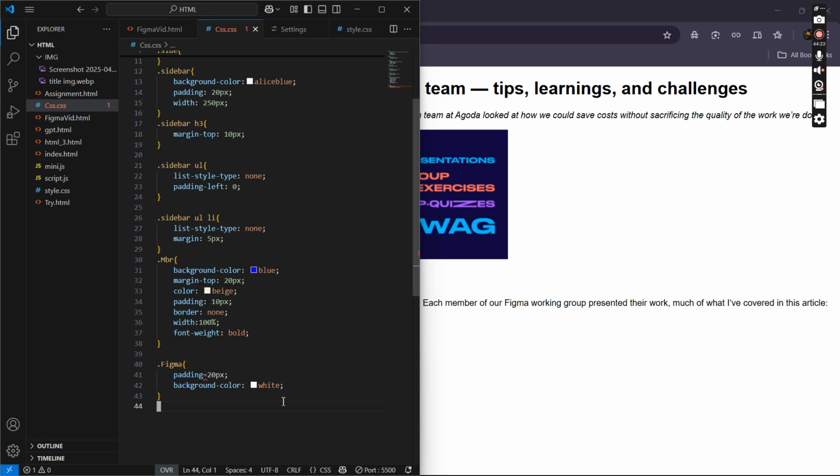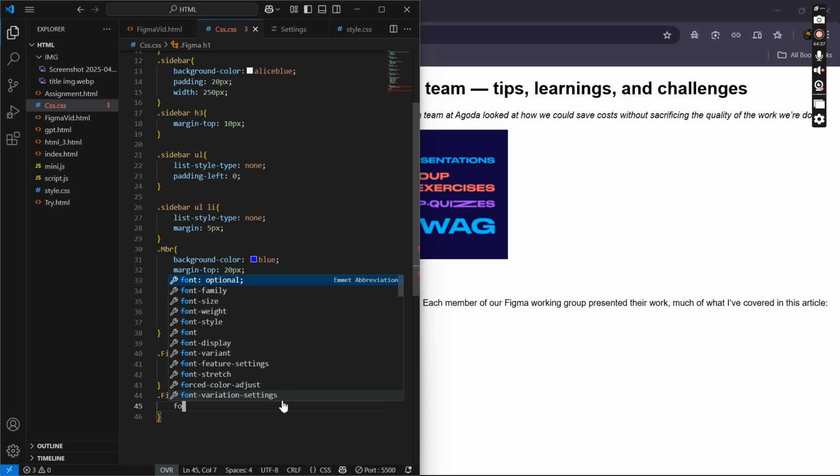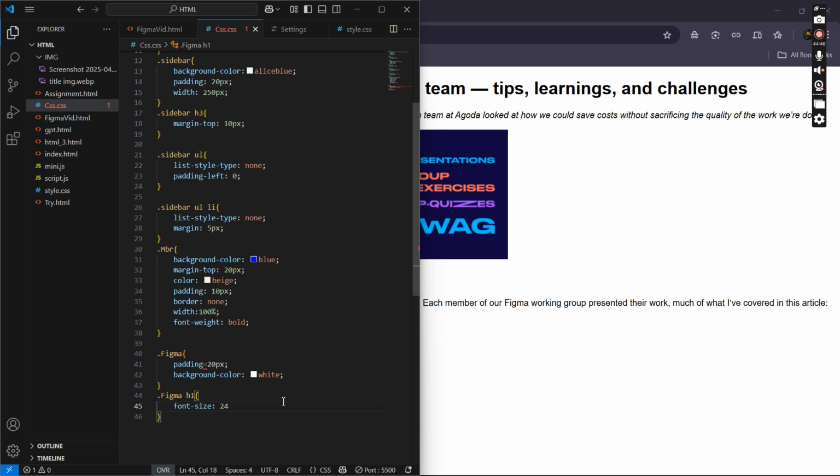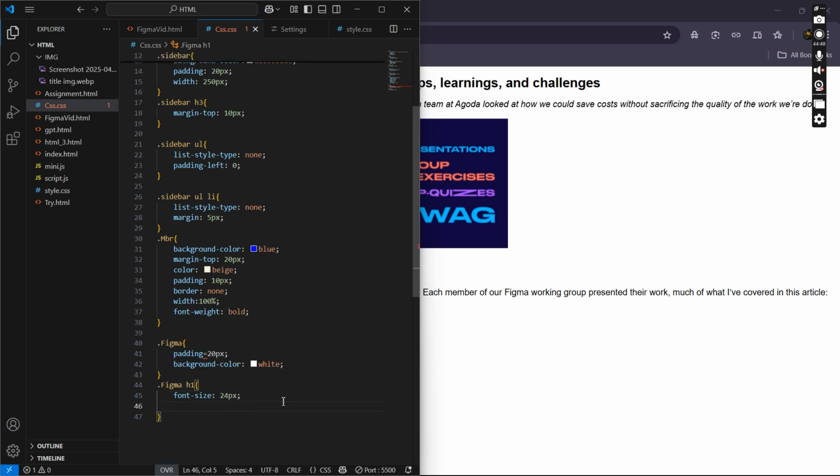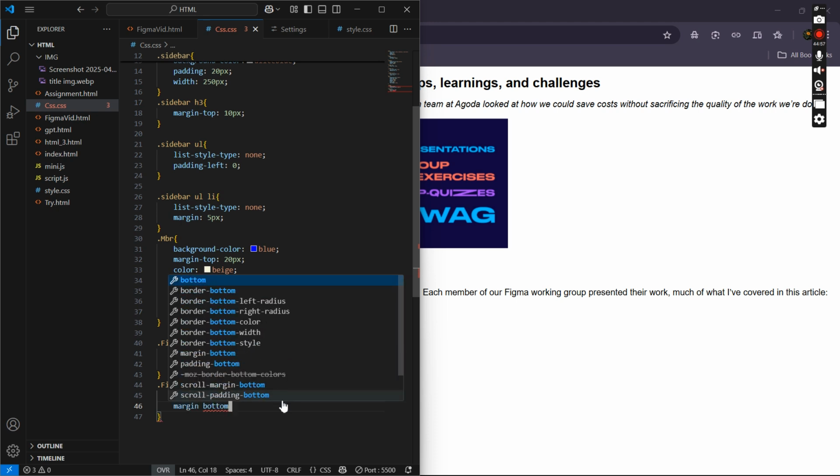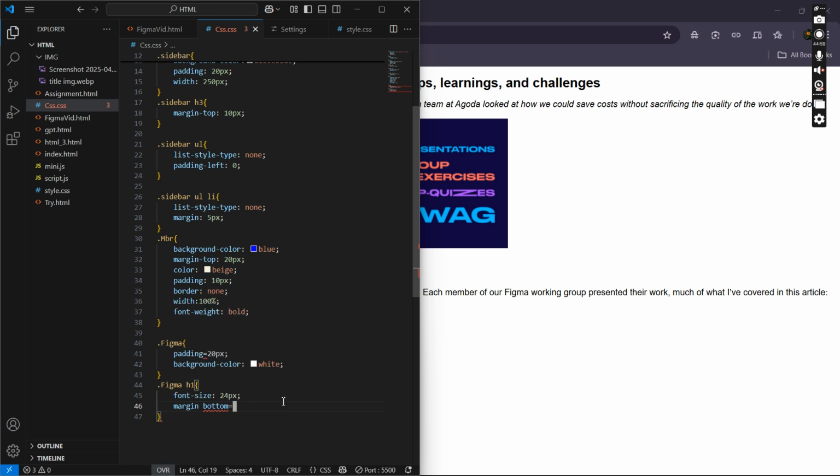Next element is inside the Figma, we have an H1 tag now. So we'll go to that Figma H1. We're going to do the same thing. Font size. Font size we will set around 24 pixels. 24 pixels will be correct. Then margin bottom, because we are going to split this here. If we set this margin bottom,